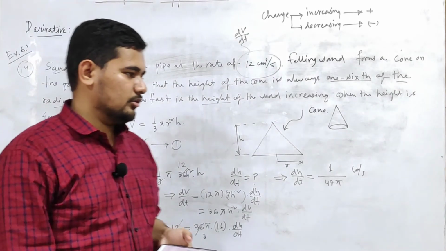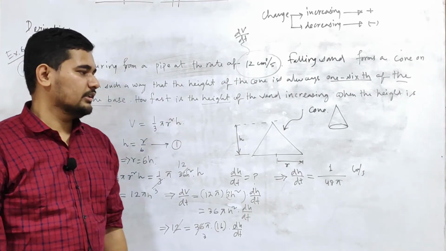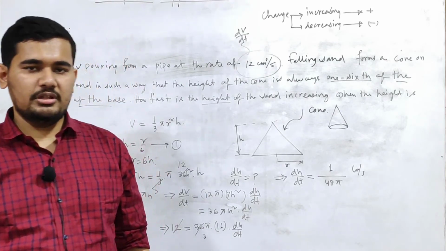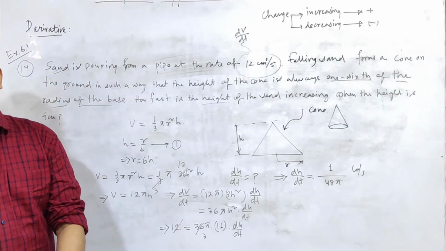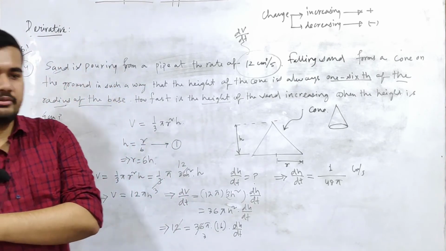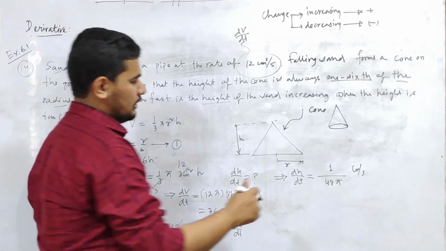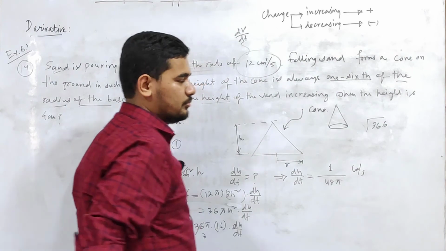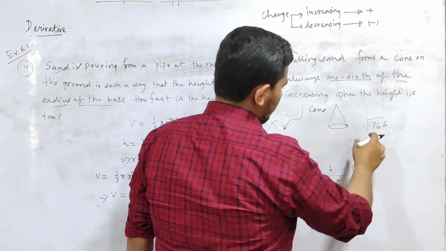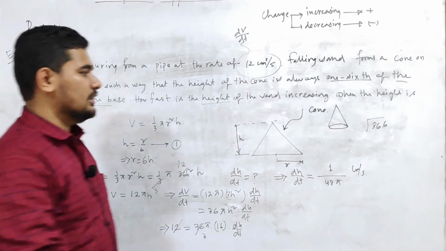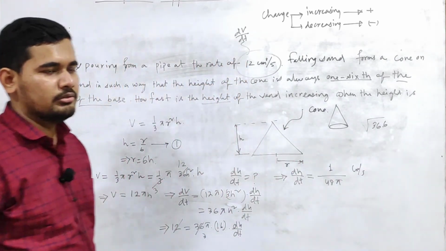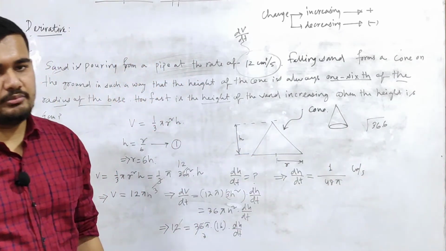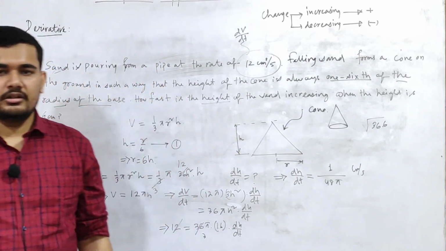In the next part we are going to study increasing and decreasing functions, which have a very important role in determining the maxima and minima. Then we can also find out the approximate values of different functions at different points, such as we can find out the value of root over 36.6. We know the value of root over 36, but we don't have the value of root over 36.6. You can use the calculator, but in the exam you will not be given any calculator to find this value. So how can we find this value with the help of calculus? We will see in the next lecture.